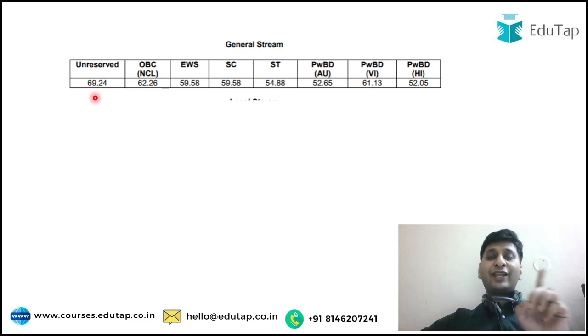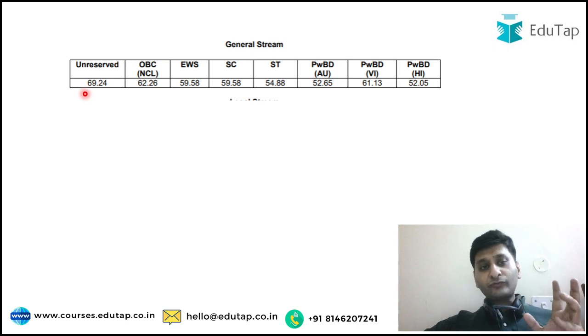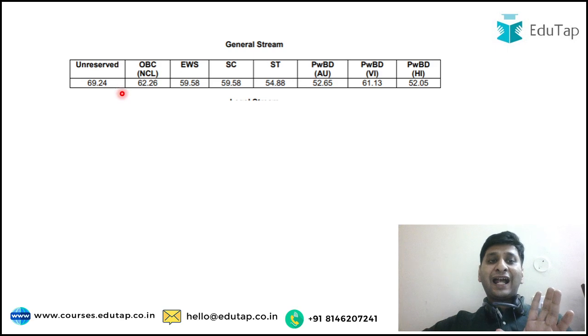So that's why I said that 66 marks cutoff, which is there in the last slide, cannot be out of 100, right? Because then just getting 3 marks in the interview would mean that you would have cleared. That is not possible. So the interpretation can be that 66 marks is given out of 100. So they further scaled it out of 85 and then added the interview marks out of 15, and the final cutoff came out to be 69.24.